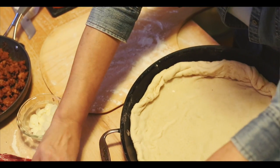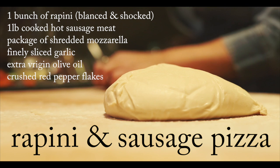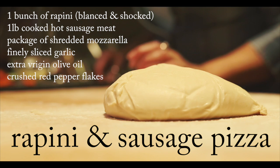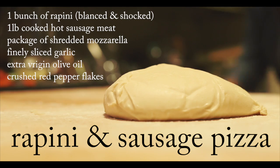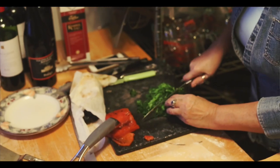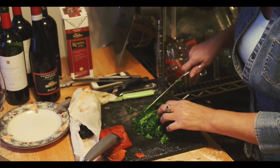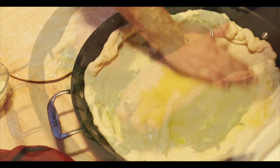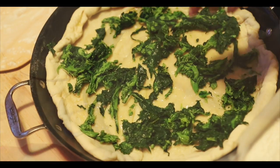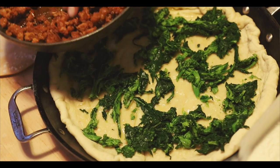So I've blanched and shocked some broccoli de rabe, and I've squeezed it dry with a towel, because I don't want water on my dough making a hot mess out of everything. So I'm just going to roughly chop the broccoli de rabe. I'm going to drizzle the olive oil just a little bit. I'm just going to rub that on the pizza. So then I have my broccoli de rabe, which I will sprinkle, and I have some cooked,